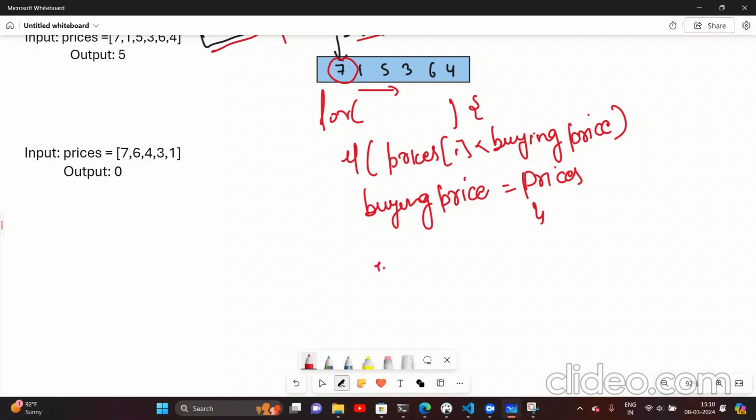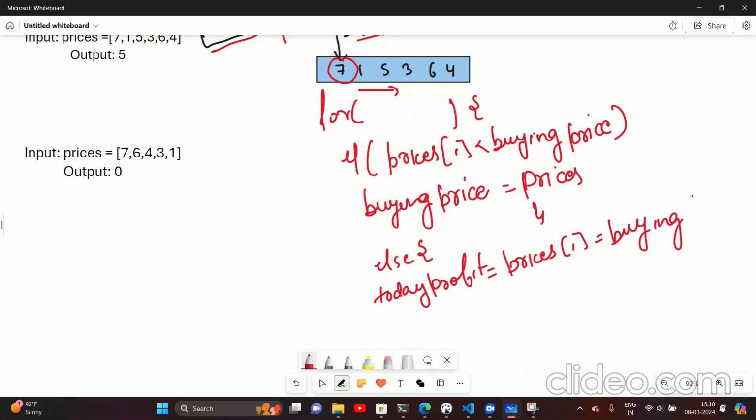So else, what we are going to do is find today's profit. We will create a variable, suppose today profit, that will be nothing but prices at i minus the buying price, and in the profit variable,